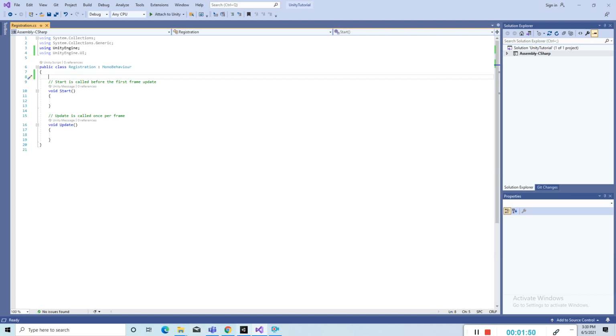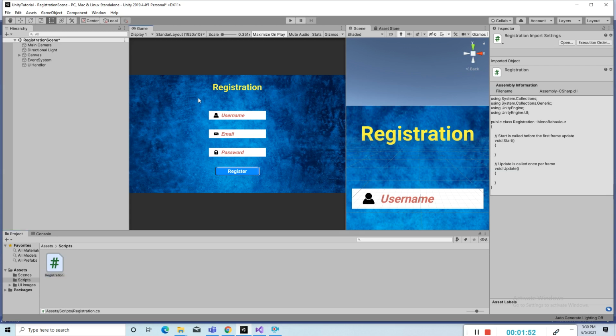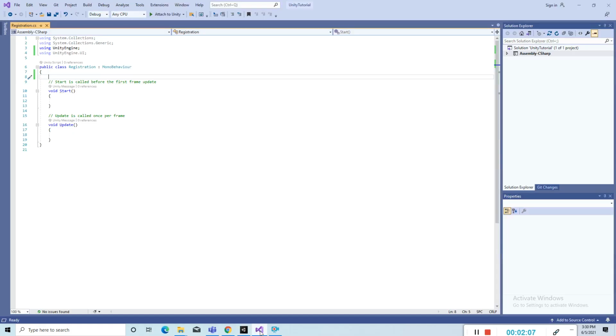For this registration page, I have to take input from these input fields. On the registration button I have to save this information into a JSON file. So yeah, I will create one method for it. Just remove all these methods because I don't need them.